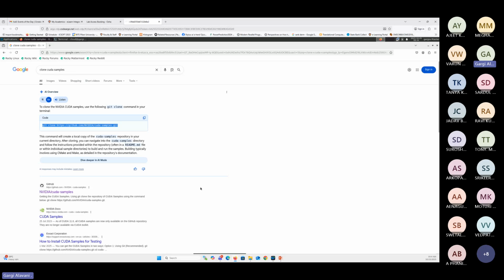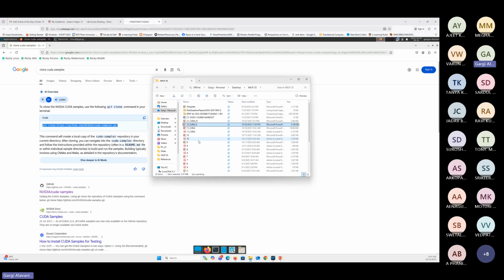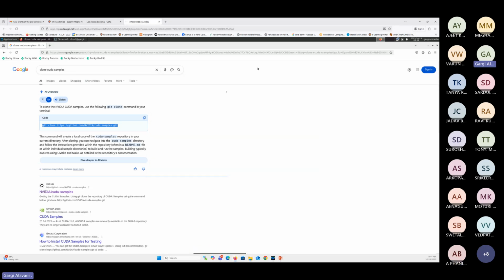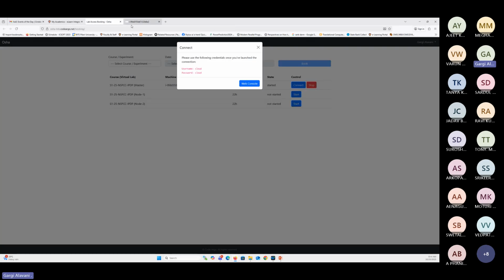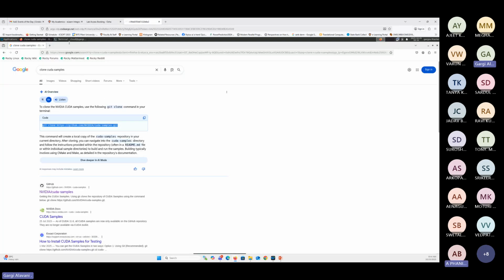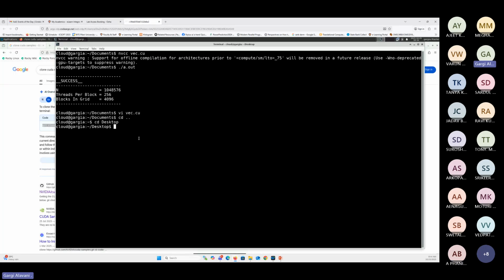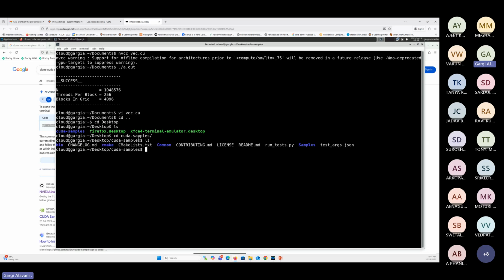And then with this, you can clone the CUDA samples. Sorry, let me just go back to the lab. Terminal. So here I have cloned them, and in CUDA samples, you have thousands of CUDA solutions which are already implemented. So if you go to the samples,